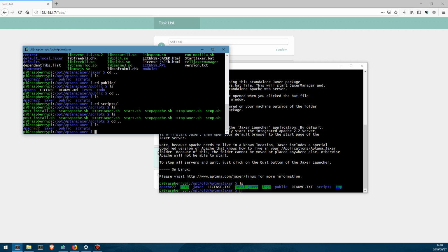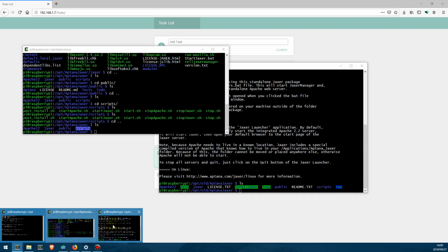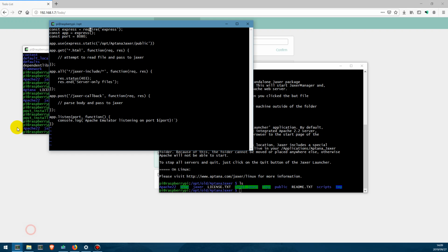So the next thing we're going to go on to, or for me the next big things, are get rid of the Apache folder, for Jaxer we can start working on slimming down the server side frameworks, and for scripts we can start moving those to systemctl. So of these three issues that are on the table, the first one I want to start tackling is